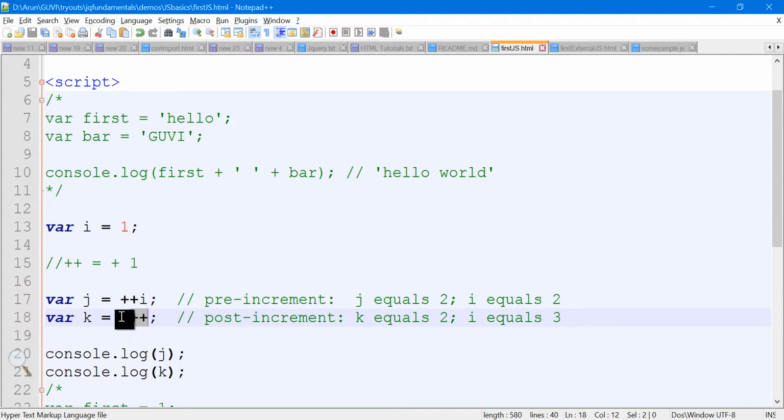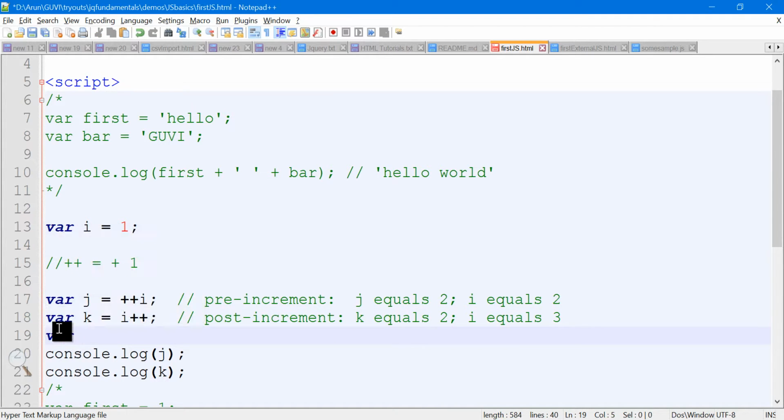So the value of i is now 3, but k is having only 2. Look carefully here. It is very simple, but you have to watch it carefully. When I do plus plus i, the i value and j value are the same, because it increments and then gives the value. Whereas with i plus plus, I give the value and only then increment it.